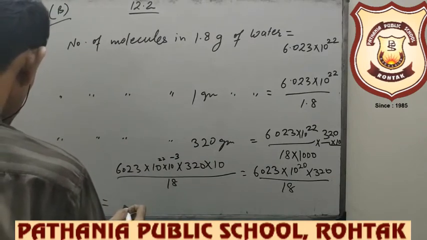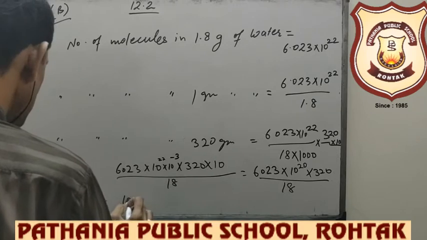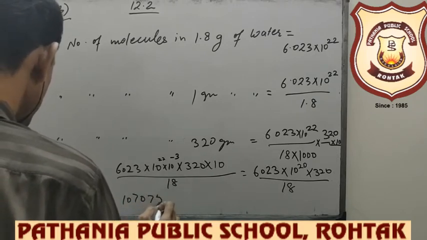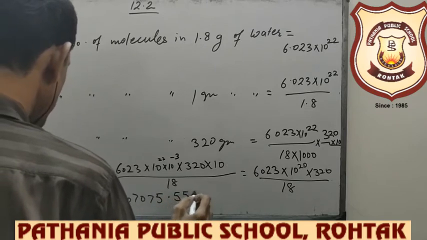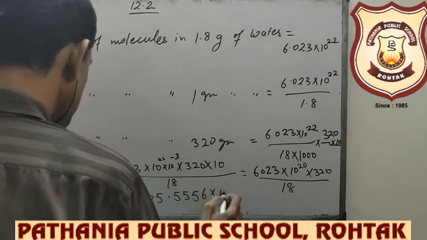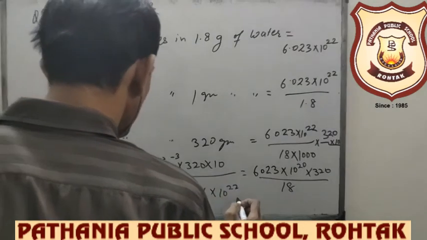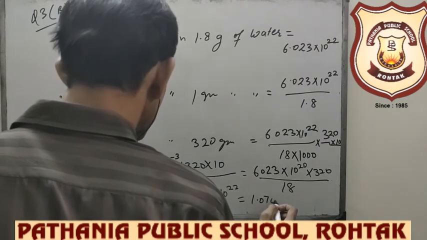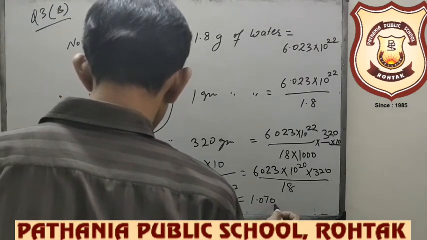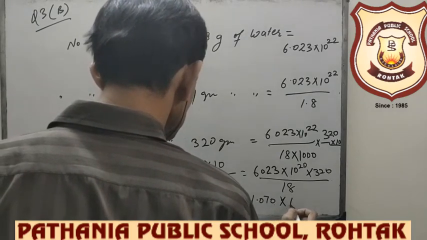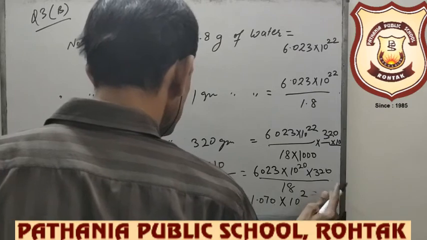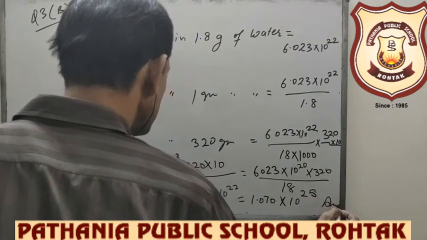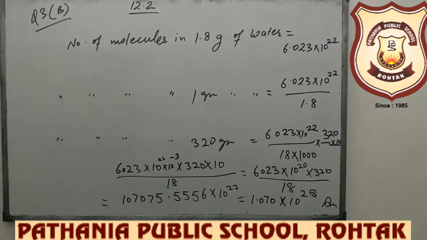यह आ जाएगा आपका 10, आफ्टर कैलकुलेशन you will get 107,075.5556 into 10 raised to the power 20, and write it in standard form। यह आ जाएगा 1.070 into 10 raised to the power 25। बस अप्रोक्सीमेटली लिख दो, दैट इज एनफ। दिस इज द आंसर। In this way you can attempt it। Number of molecules in 1.8 gram water, then number of molecules in 320 gram of water, and write the answer in standard form।